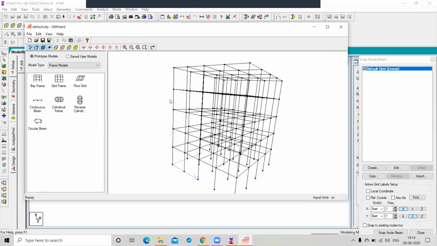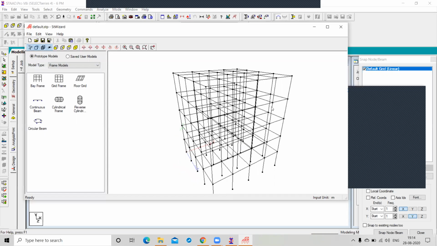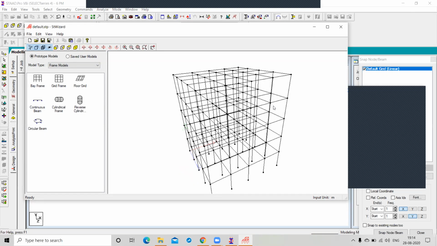Sir, if the structure is an irregular shape, meaning the plan is irregular, is this method applicable? Plan is irregular, but the beams and columns are the same shape, on a straight line, right? Yes, these are straight lines. Only the plan is different.